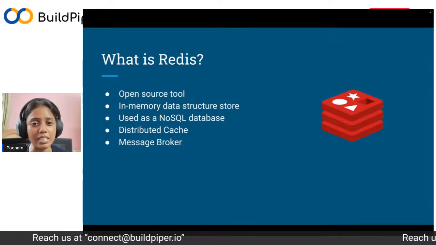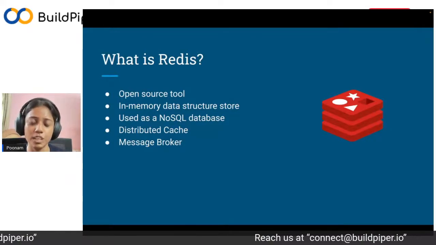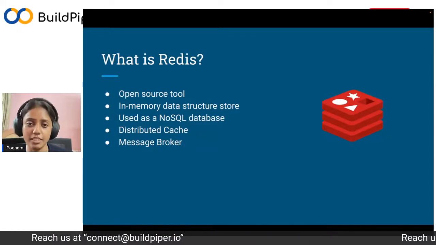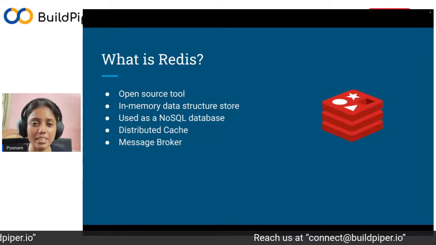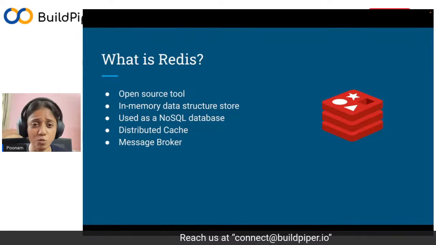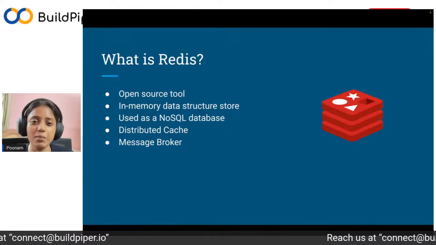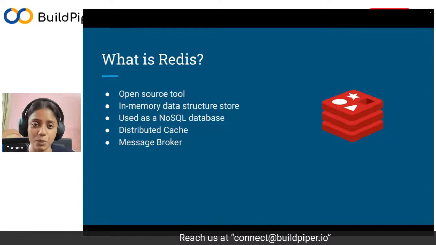Redis changed the caching game by storing and retrieving data from RAM, that is the volatile memory, and not disk. That is the secret sauce of Redis. That is what makes it so fast and quick to use, because using RAM makes the IO call less expensive, since we are getting the data from memory.